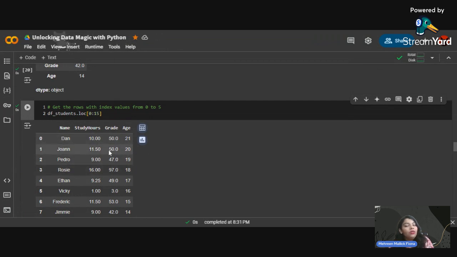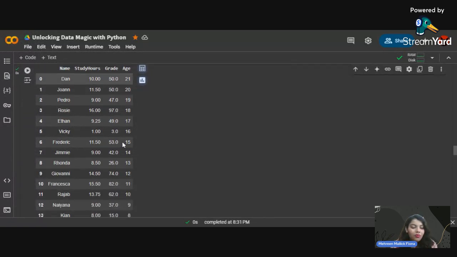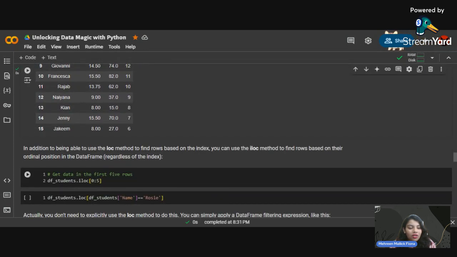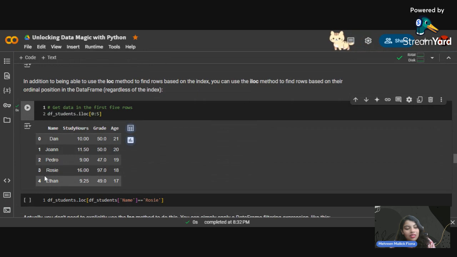But what would we do in case we want to see the past five values, n minus one value? In that case, we will slightly change the function from loc function to iloc. So it would show us the past five values. You can see that we will see past five values. So this is the difference between them if you are trying to access the values on the basis of the indexes.